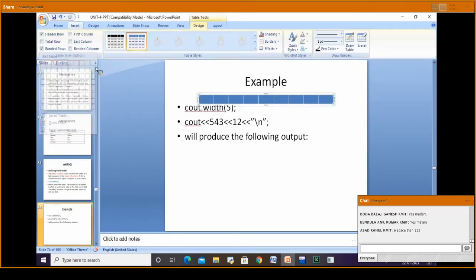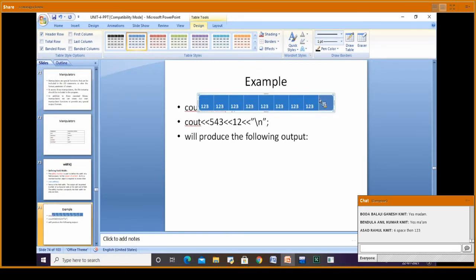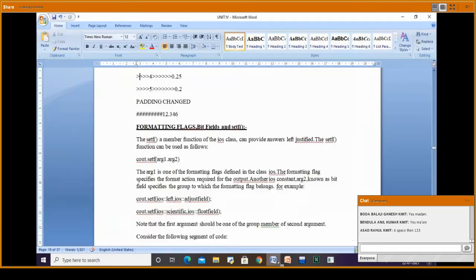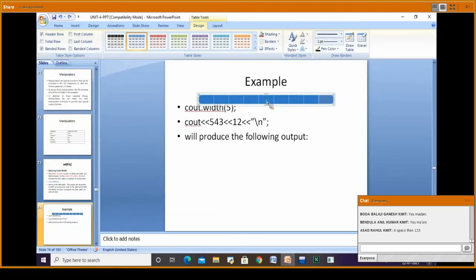First I'm taking 9 fields here, then I'll try to put it here. No. Actually it will be like this: 9 spaces. So there I'm trying to print 1 2 3.